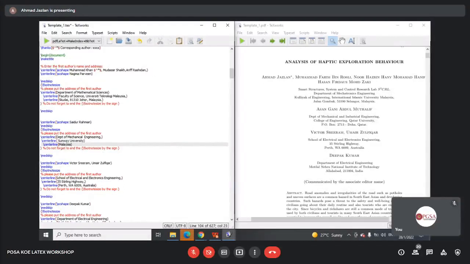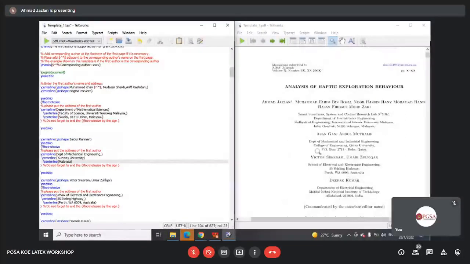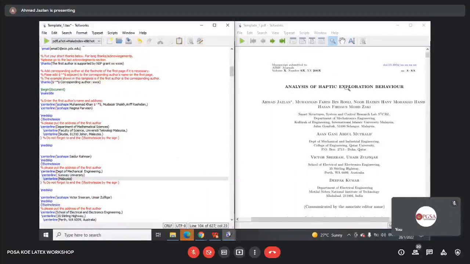So this is how you edit. This is how you work with the existing template, how you edit the information. So you're just putting your information into the template. So I think that's all for the first change. So I want you guys to try your own. Try that. We changed the title just now. Try playing around with the author names. Try changing the author names, and also change this